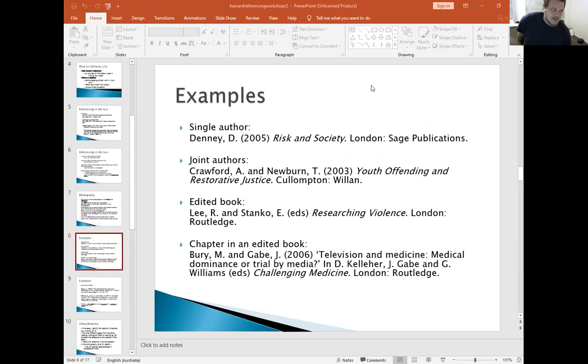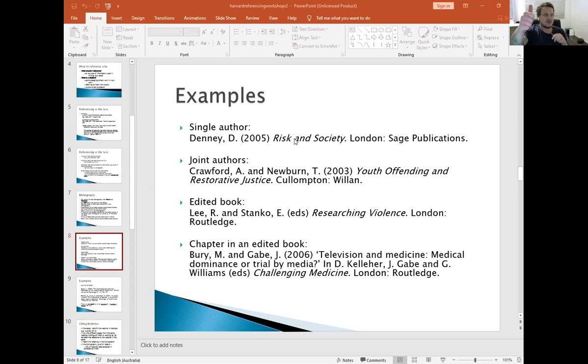If we're referencing a book with a single author, we put the author's last name first, comma, the initial of their first name, 2005, the year of publication. The name for a book will be in italics.